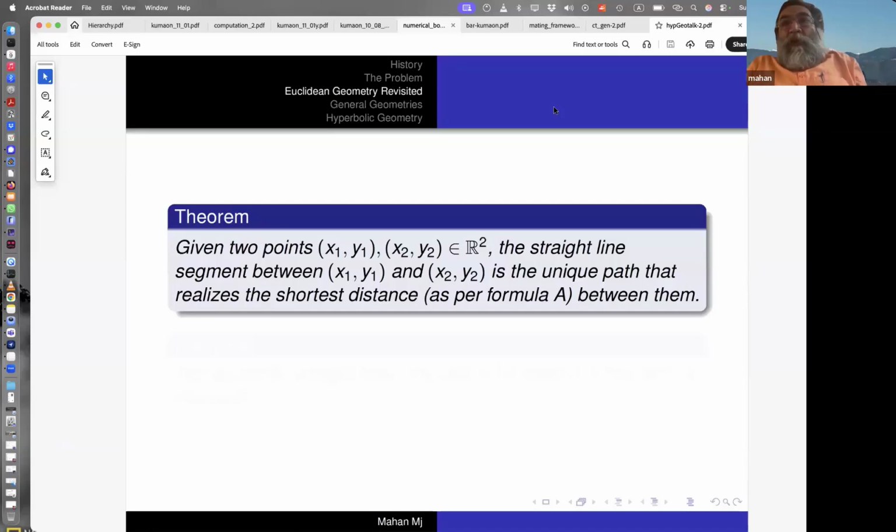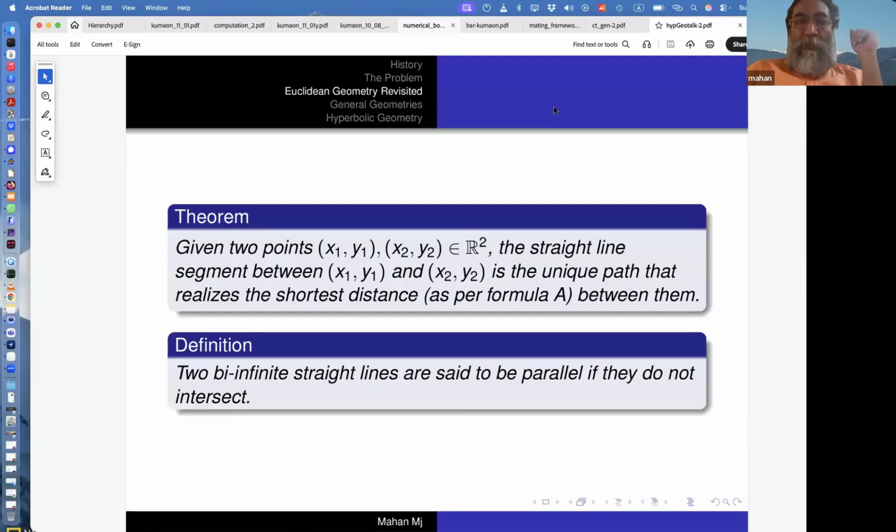So basically, what are we doing? We have now understood a plane, not just in the naive way that Euclid looked at it, but in a more fundamental sense, as a way of packaging lengths of all curves, not just straight line segments. But that has removed straight line segments from the picture. They are reintroduced as things with a particular special feature, namely that they are the shortest distances. They are the paths that realize the shortest distance between a pair of points.